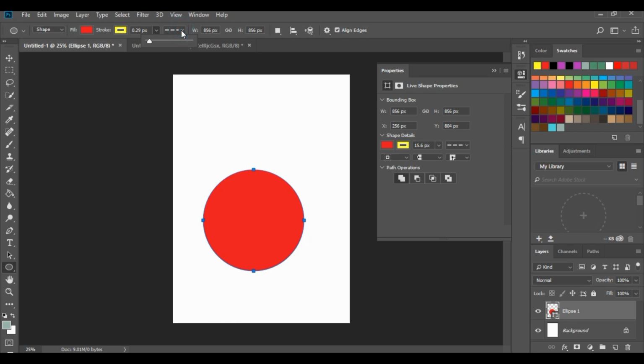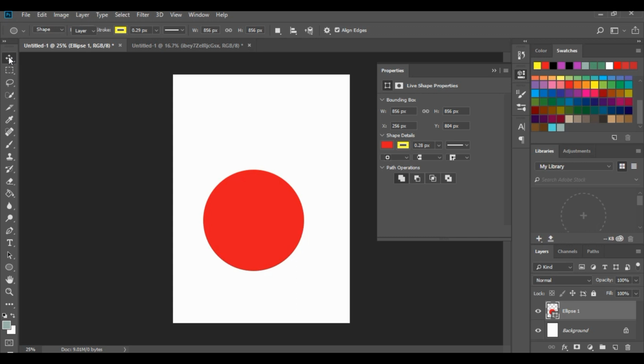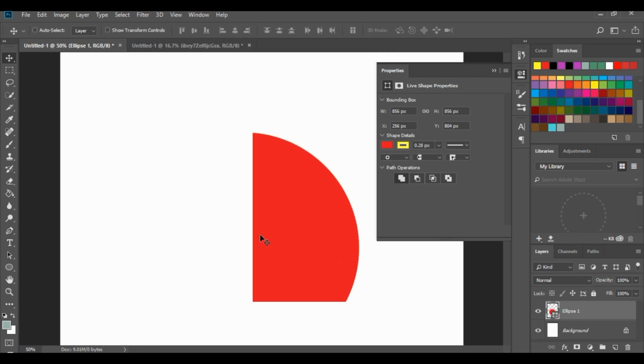And I want to keep it as a solid border. Then, because you've already created it, all you need to do is hit the move tool, and you can't notice it, but if you go in, you will see that that is